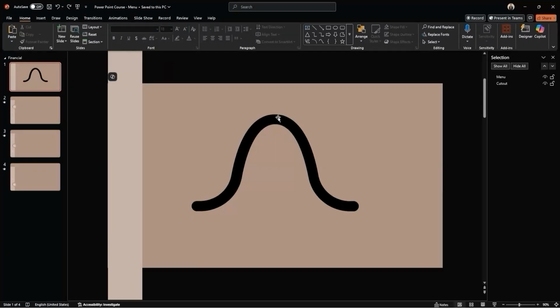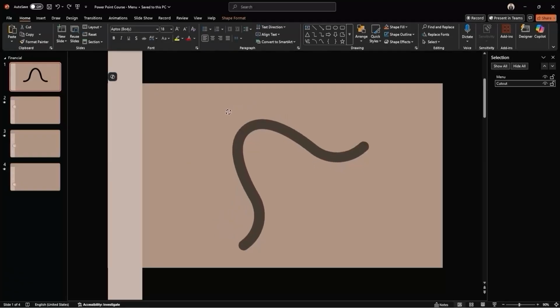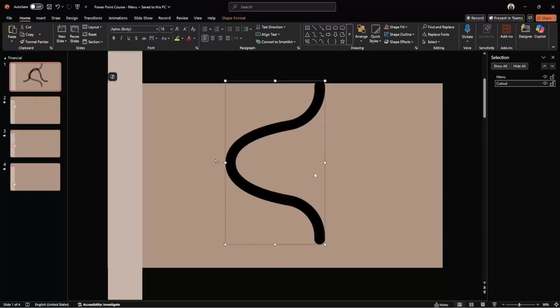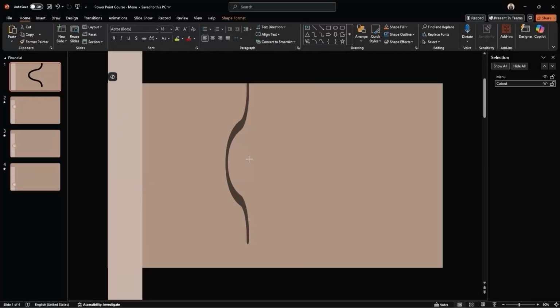Now grab the cutout shape, the curved bell we renamed earlier, and rotate it 90 degrees by clicking and dragging the small circular rotation handle at the top of the shape. Once it's rotated, scale it down a bit in both width and height. Try to match the shape you see on my screen as closely as you can, but don't worry if it's not a perfect match. This is just for training purposes, so feel free to experiment a little.